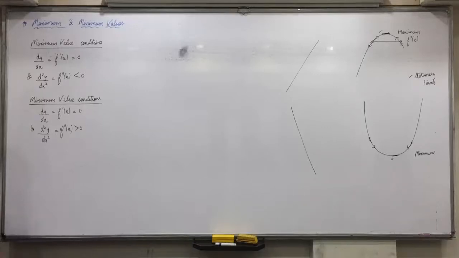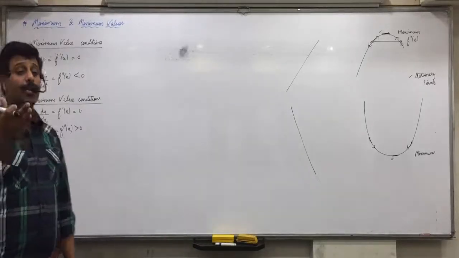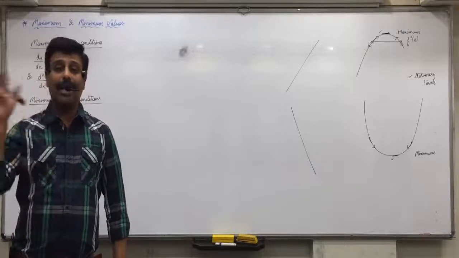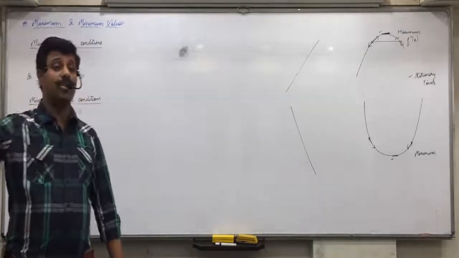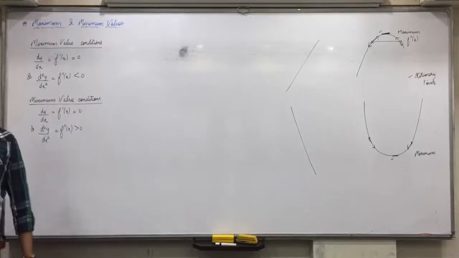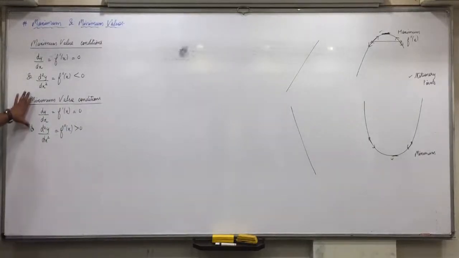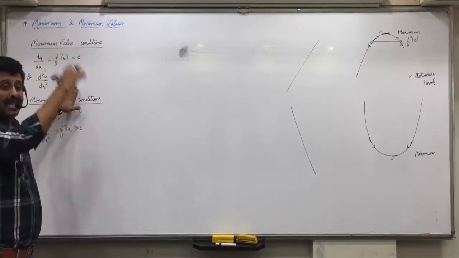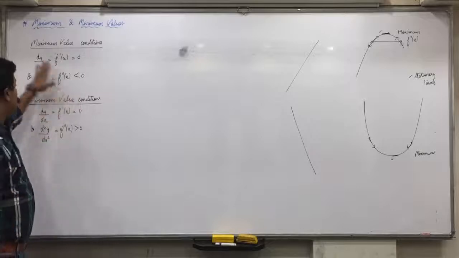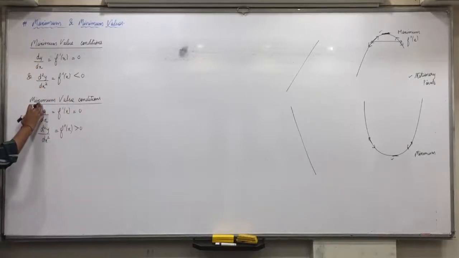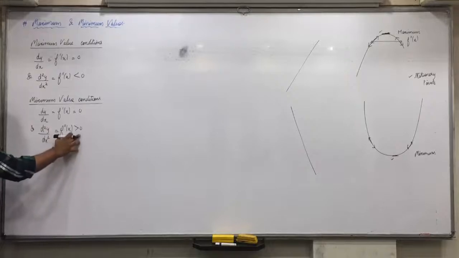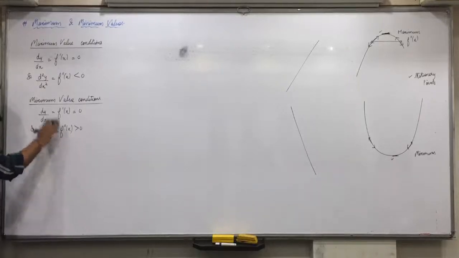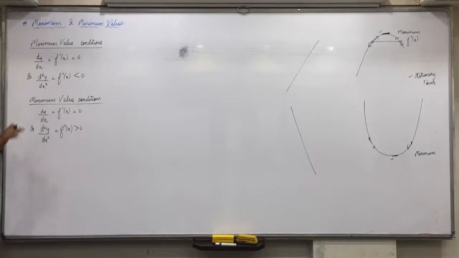Basically, the first order derivative dy by dx shows change in y due to change in x, and the second order derivative shows the rate of that change. If your second order derivative comes less than 0, you have already reached the maximum value. Before that it was less, after that also it was less. And in a minimum value function, if your second order derivative comes more than 0, positive, you have already reached the minimum point. Before that it was more, after that also it was more.